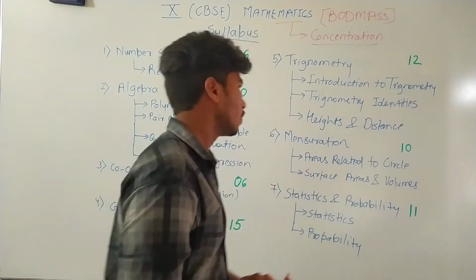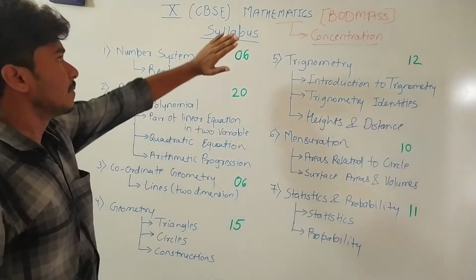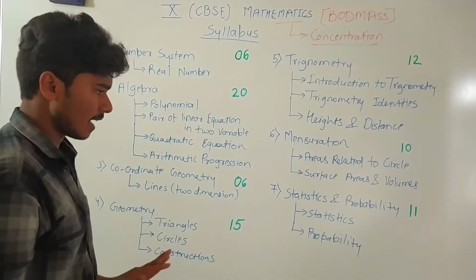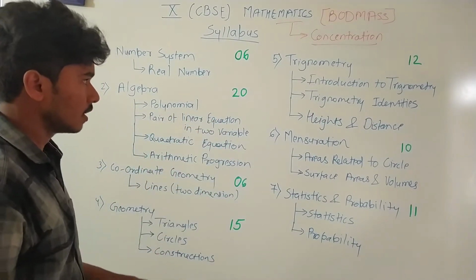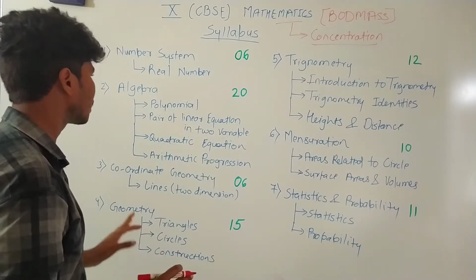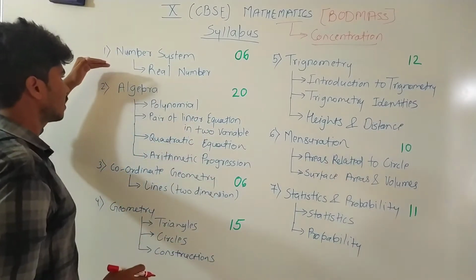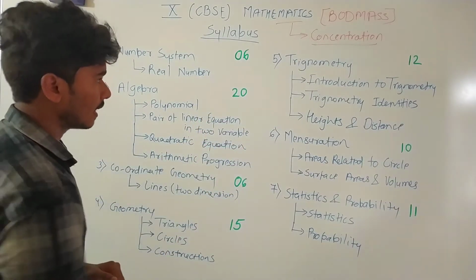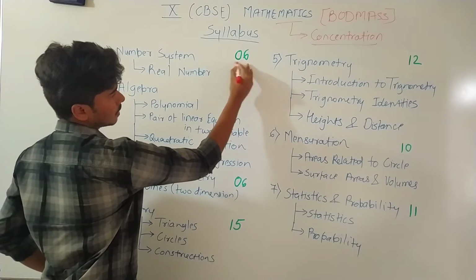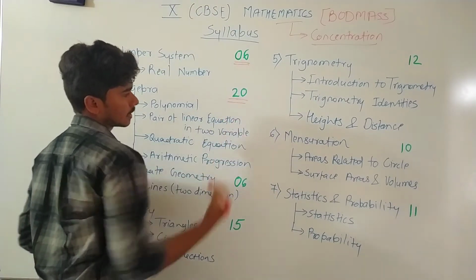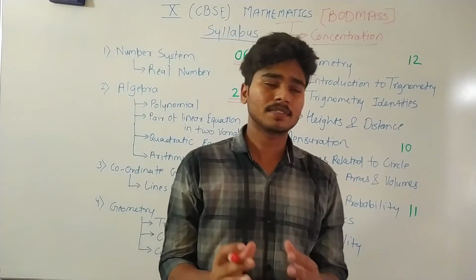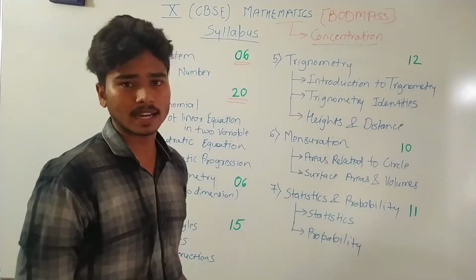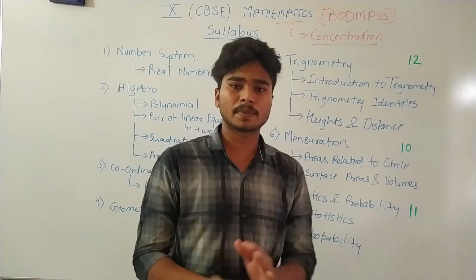Okay. So the 10th mathematics subject has 7 units, and there are several chapters in that. Basically it's divided into 7 units: first, second, third, fourth, fifth, sixth, and seventh, and each unit carries some marks. Your paper is of 100 marks, which will be divided into 80 and 20. So this will be an 80 mark syllabus, which is your theory paper.